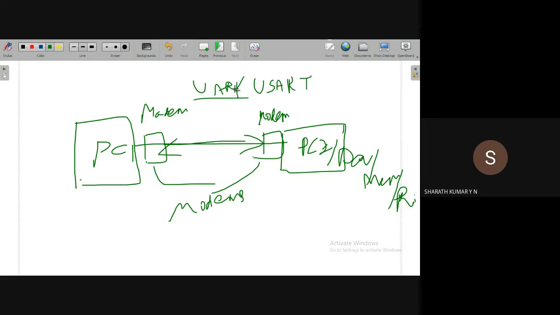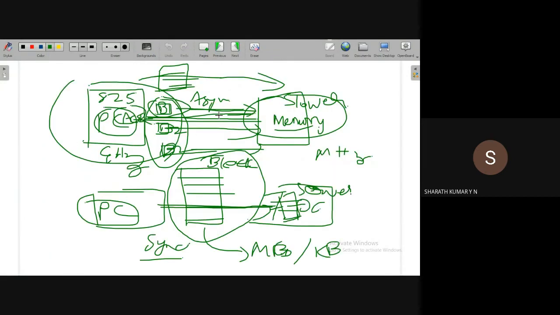UART, as the name suggests, stands for Universal Asynchronous Receiver Transmitter. That means both devices will transmit the data in the asynchronous method. As we just discussed, asynchronous method corresponds to transmission of data byte-wise, byte by byte.